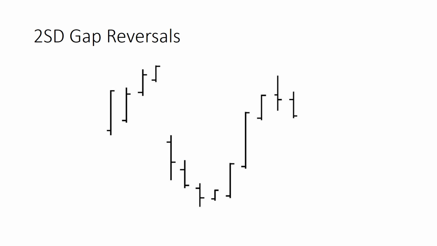Now think back for a second to our Baltimore chop picture and then consider what's going on here. These are 5-minute bars. So on a 5-minute time frame, you have a move up into the close of the prior session, and then you've got a gap to the downside that represents a 2SD gap, and we're going to look for the deepest high since this is a gap lower. So as each bar moves lower, we're just going to keep moving our entry down. And when we finally get the deepest bar in this move, we're going to look to enter just above the high of that bar in the next 5-minute bar of trading.